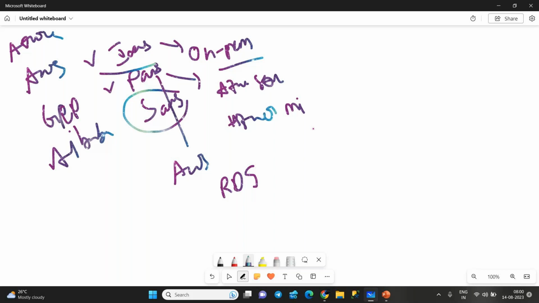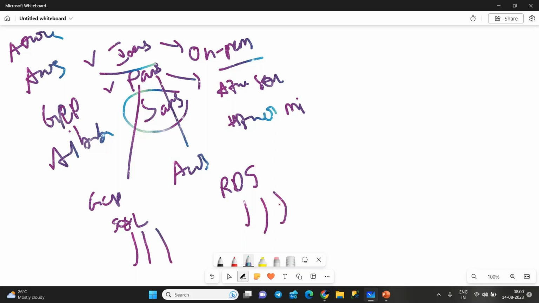In GCP, you will get GCP SQL. In SQL, you can do everything. Means you can deploy MySQL, you can deploy PostgreSQL, you can deploy SQL Server. Here in RDS, you can deploy MySQL, PostgreSQL, SQL Server. So you can deploy n number of services as part of RDS. You can deploy n number of services as part of SQL, but not in Azure, sir, because